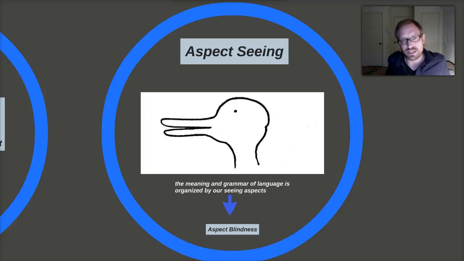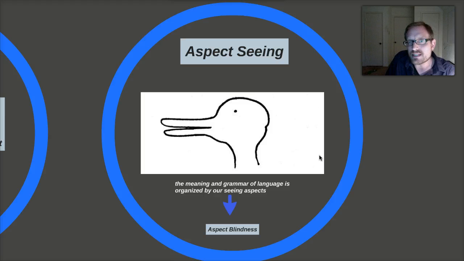Now, the last thing I'll mention, which is pretty interesting here, is aspect seeing. And he talks about this in the second part of the Philosophical Investigations. And so taking a look at this photo here, let me ask you, is this a duck or is this a rabbit? Right? Well, if you look at this, it looks like a duck if you see these as the bills. But if you look at this as an eye of the rabbit, and this is the ears of the rabbit, you can see it can be a rabbit or a duck. But notice it can't be a duck and a rabbit at the same time. You either see the picture as a rabbit or you see it as a duck, but not at the same time.